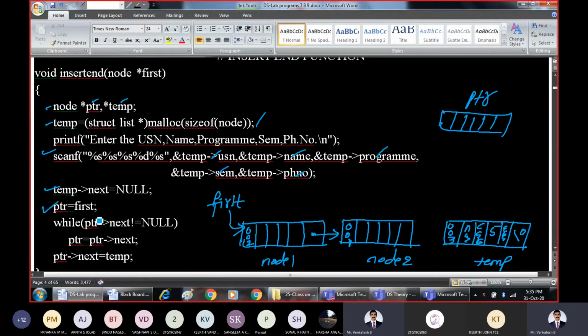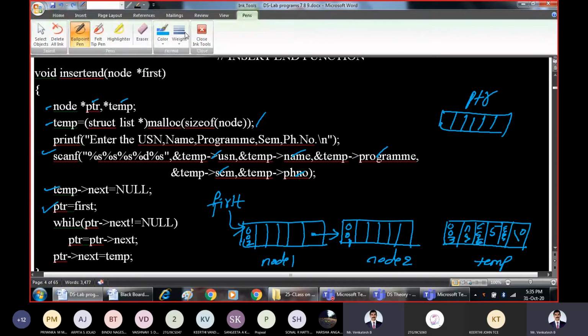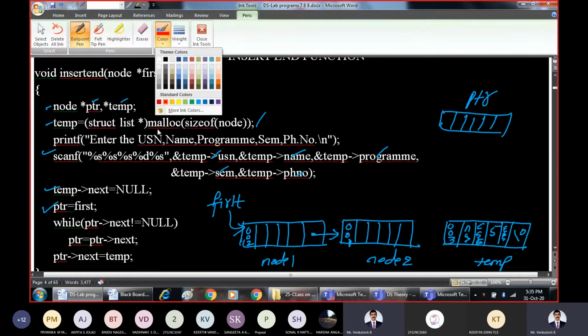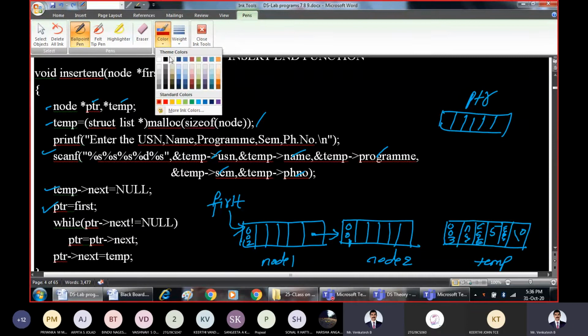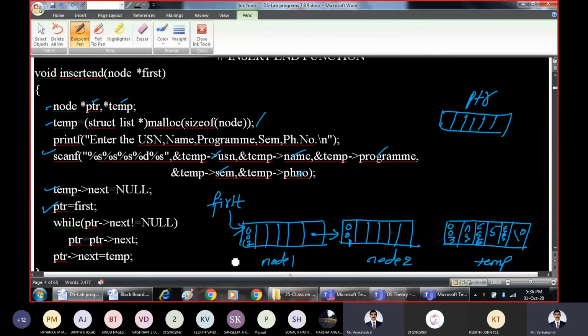That's why we are taking PTR and assigning it to first. One more pointer PTR. I think red ink may not be comfortable, yes, I'll take white. Right, take PTR and make it point here, this step.